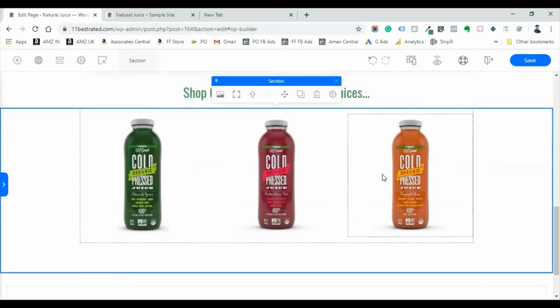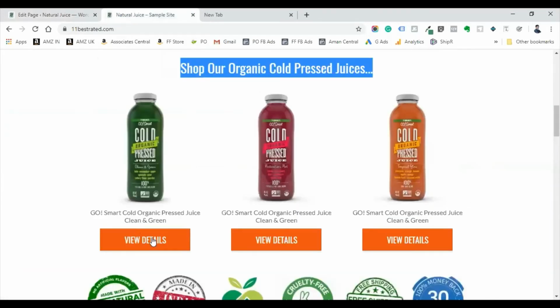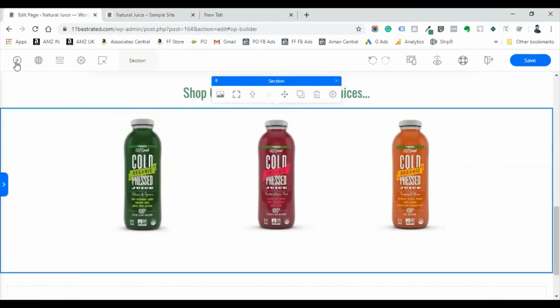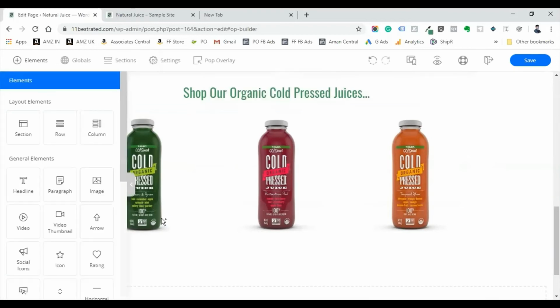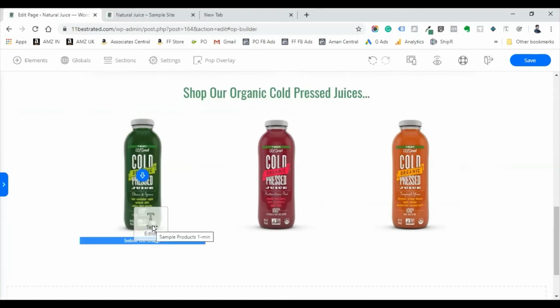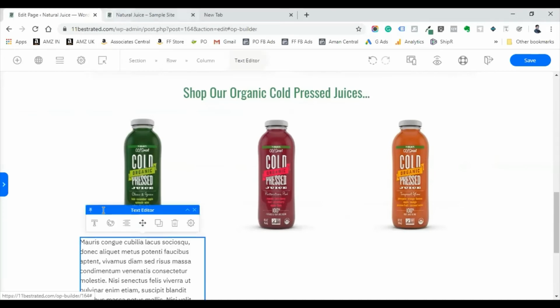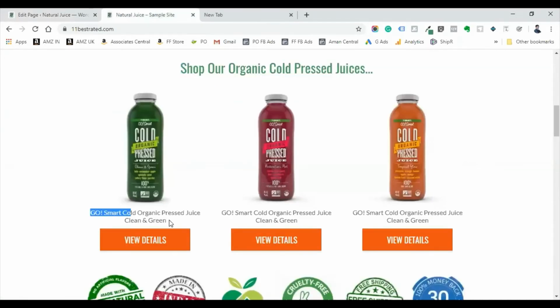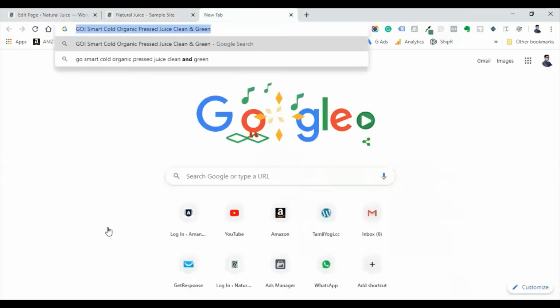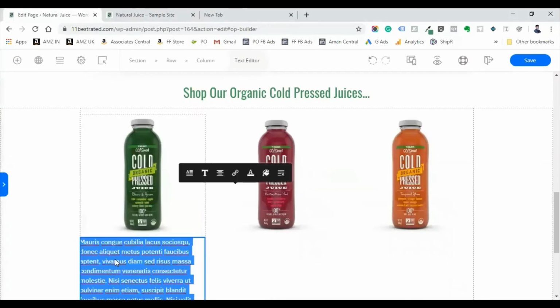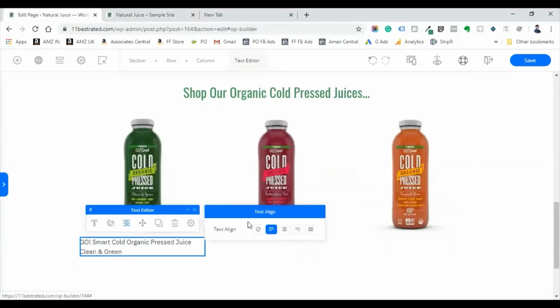We have added these sections and product images. Now we need a product name and a button. For the product name, we will use the paragraph element. Below this, we will copy the content from here, copy, paste, come back, paste, align it center, and below that we need a button.